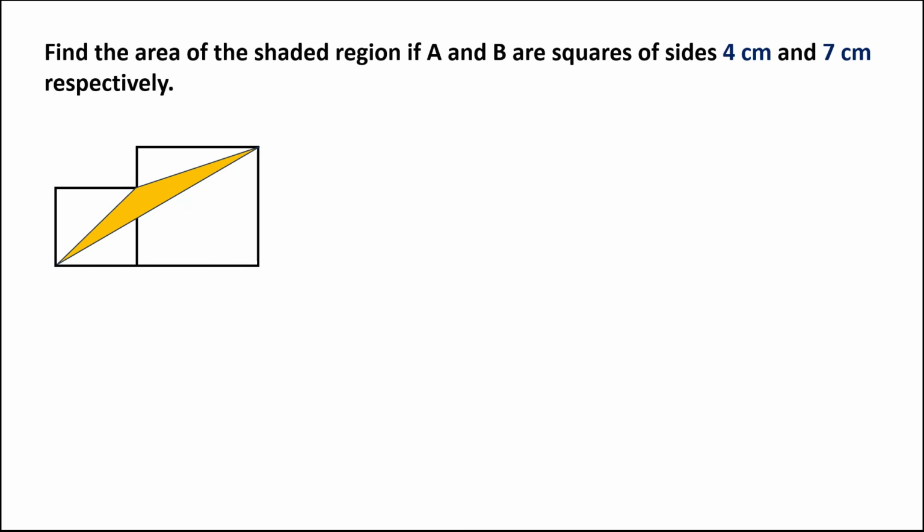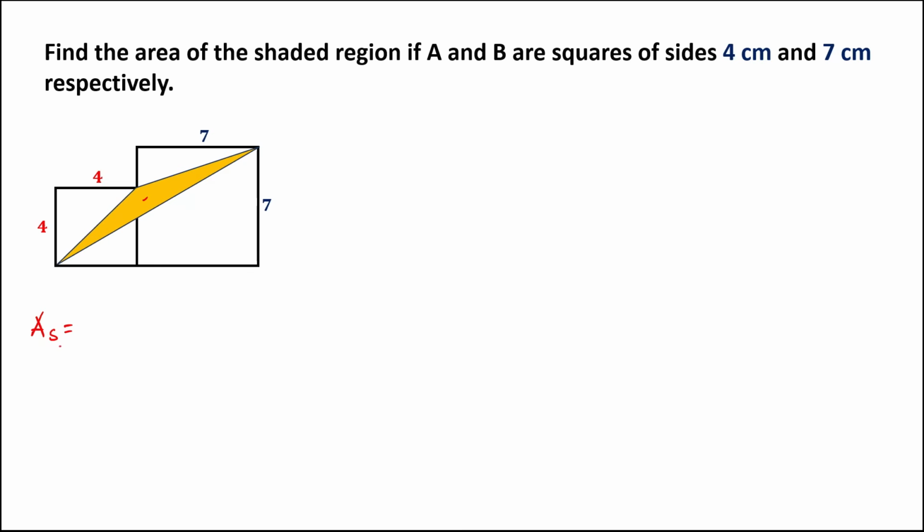So for this problem, to find the area of the shaded region if A and B are squares of sides 4 centimeters and 7 centimeters respectively. So from this, given the small square, the sides are 4 centimeters, and for the bigger square, the sides are 7 centimeters. So to find out the area for the shaded region,